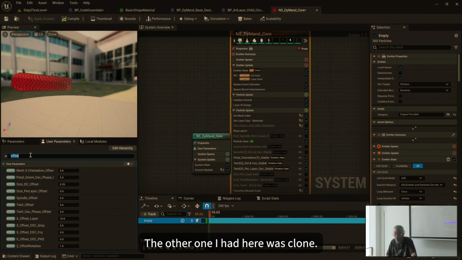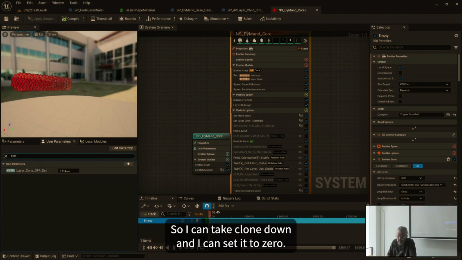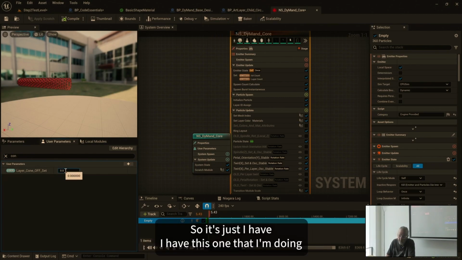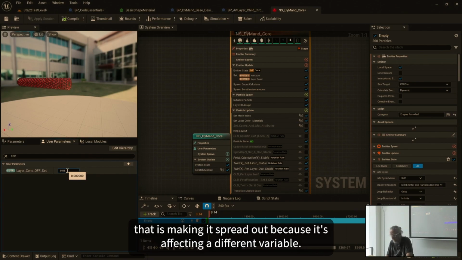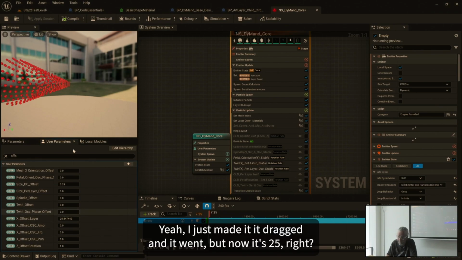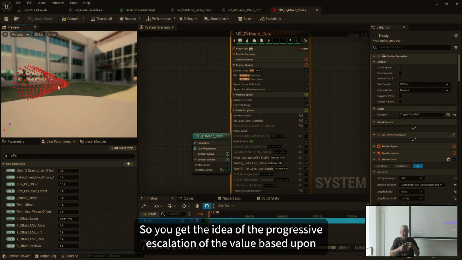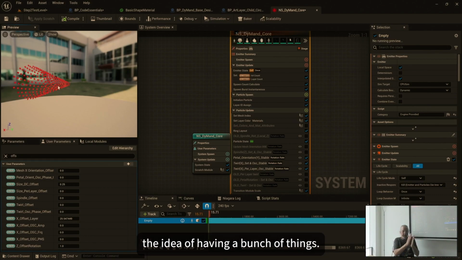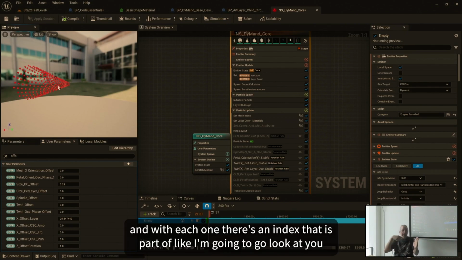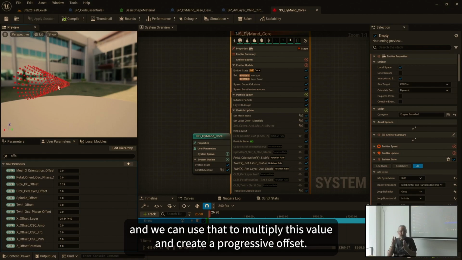The other one I had here was cone, so I can take cone down and I can set it to 0, and now we get a straight 2, right? So I have this one that is making it spread out because it's affecting a different variable, and then the other one, the x offset, I just dragged and it went, but now it's 25. So you get the idea of the progressive escalation of the value based upon having a bunch of things. Think of this as an array. Every layer is a member in the array, and with each one, there's an index